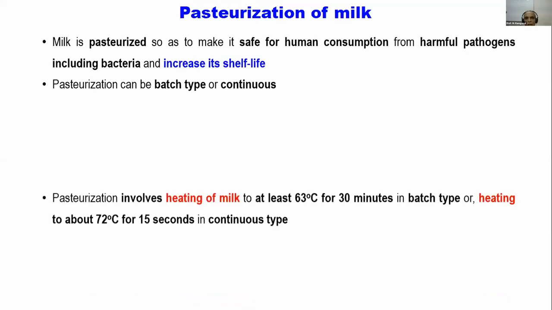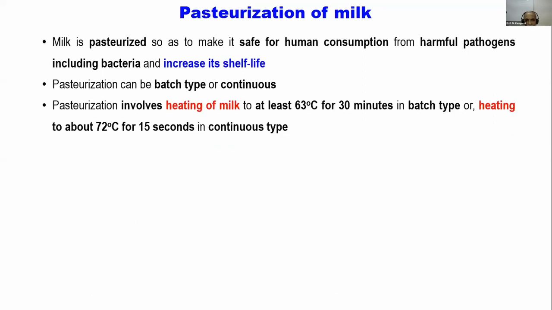So just a small brief on pasteurization. All of us know that pasteurization is done basically to kill the bacteria and to increase the shelf life of milk. Pasteurization can be batch type or continuous type. Normally, the batch type is used for small capacity systems, whereas for large capacity dairy plants, we normally go for continuous